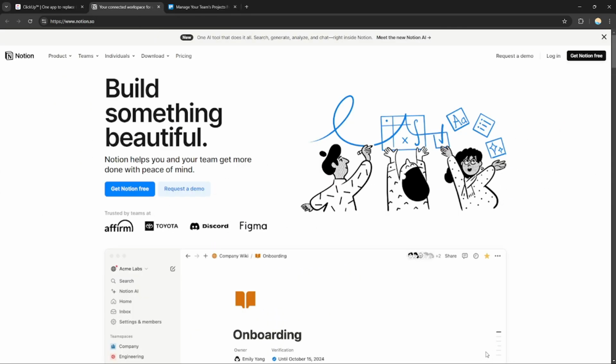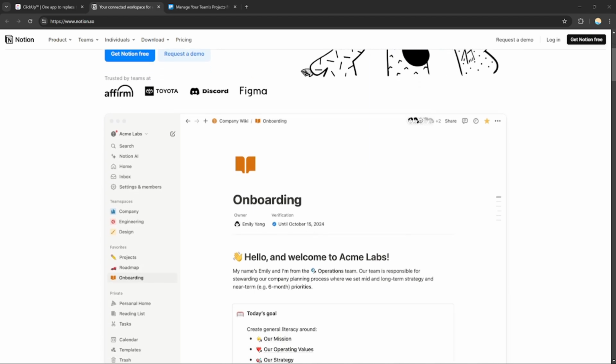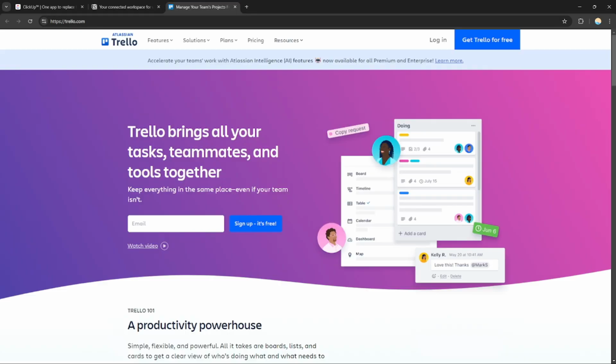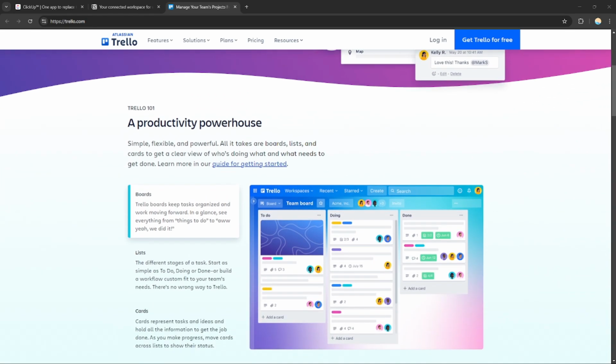While Notion is a very versatile workspace that combines note taking, databases, and task management, allowing users to create highly customizable workflows for both personal and professional use. While Trello is a simple and intuitive project management tool based on boards, lists, and cards, perfect for visual tasks,